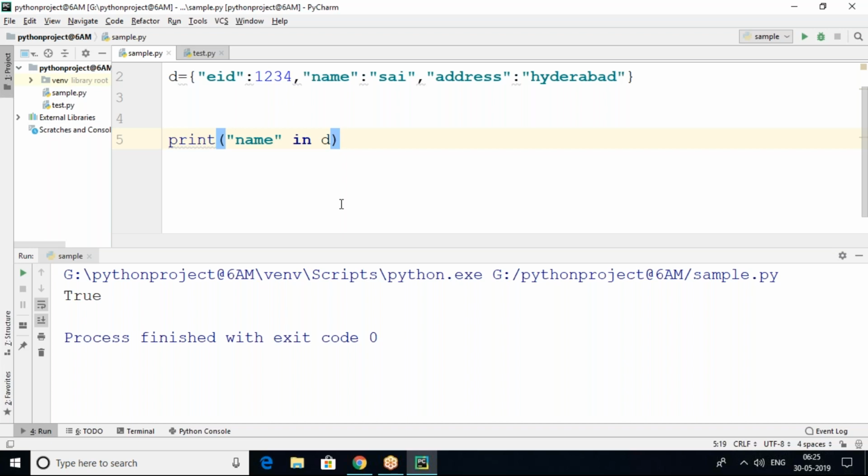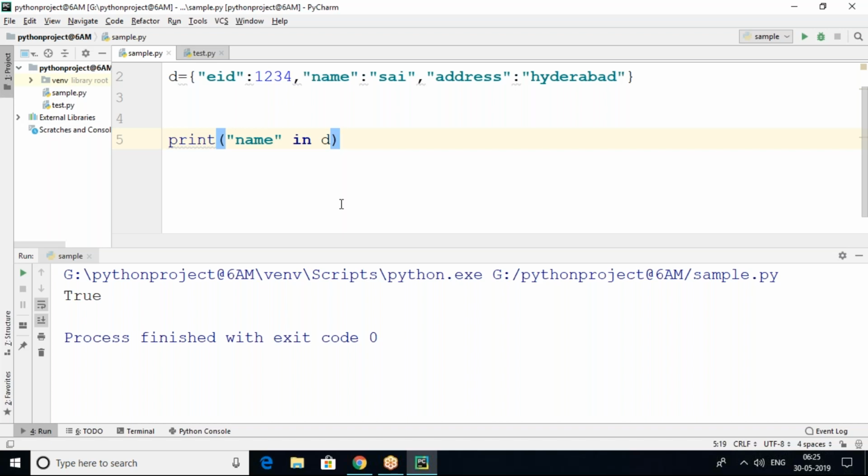Same as set. Set is nothing but unique data items. Suppose you want to generate employee ID numbers uniquely, so you can use a set. Or for authentication purposes, some UID, universal ID, or Aadhaar identification, or else a passport number, that will be unique for everyone. In that case, we can use the set data structure. So in different cases, we can use different data structures as per our requirement.